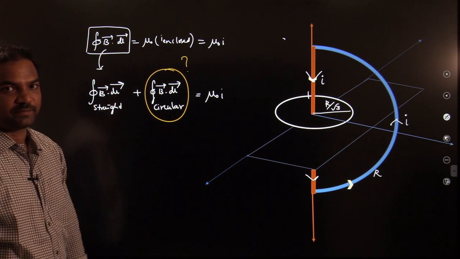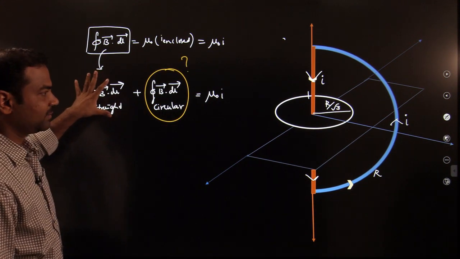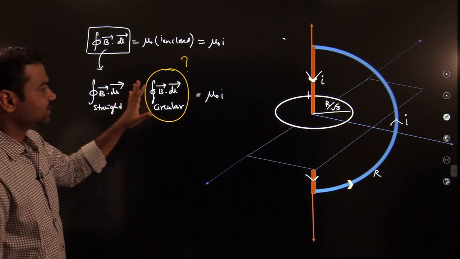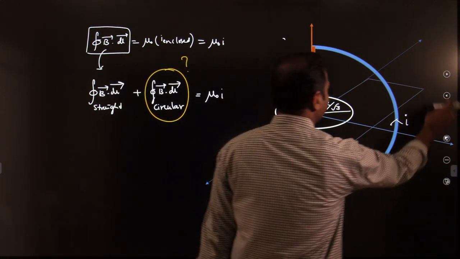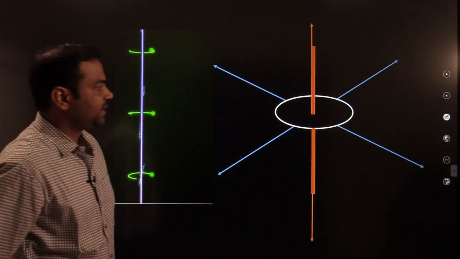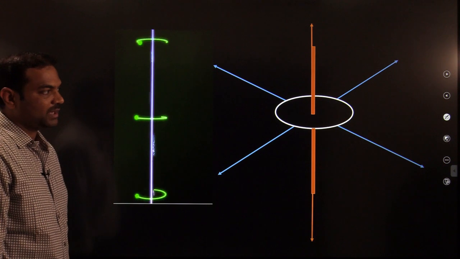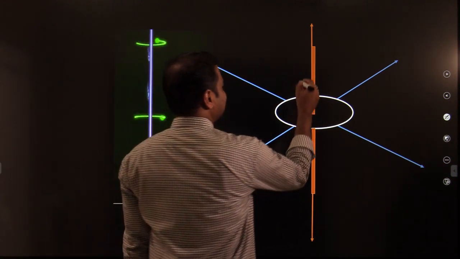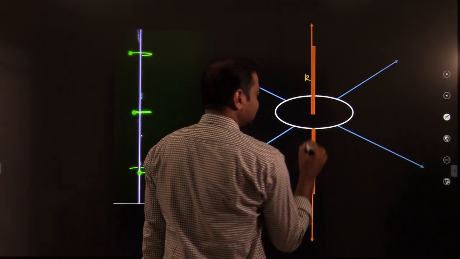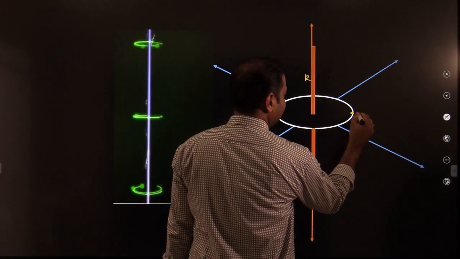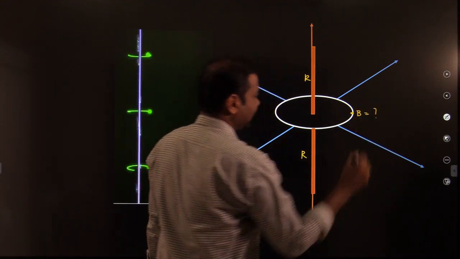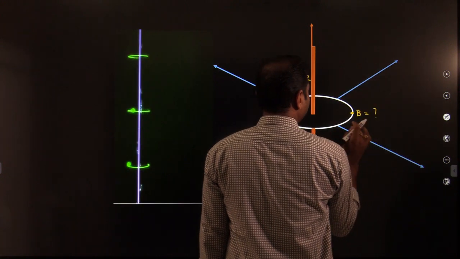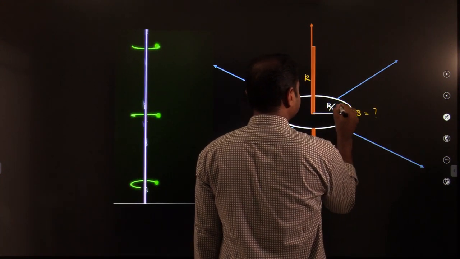In the question, this is the part given. So if I am able to identify the integral B bar dot dl bar value due to the straight part, then the question is done. Okay, so for that, I am going to identify the line integral due to the straight part only. I have taken only the straight part here, which is having the radius R and R. To find out the line integral, I require the B value at the circular place, and we know the radius is R by root 3.